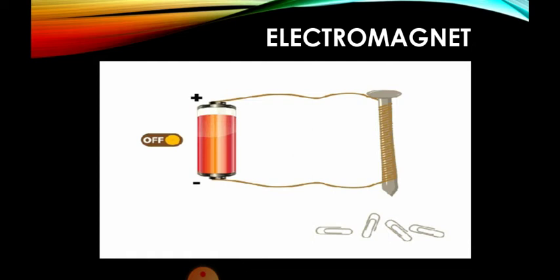Fine. Why electromagnet? Because the current is flowing through the wire, which is wound around the iron screw, this iron screw acts like a magnet, and so this magnet is called an electromagnet, which is a temporary magnet. Okay, once the key is switched on, this iron screw will behave like a magnet, and you can see that there are iron pins here. Fine. These iron pins will get attracted towards the iron screw.